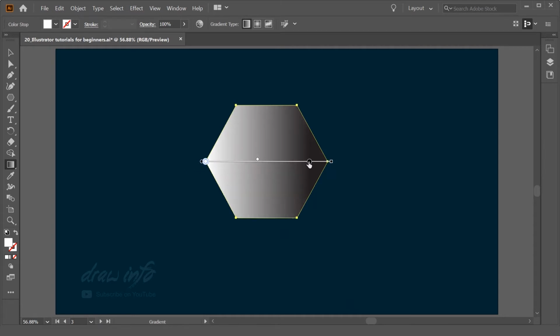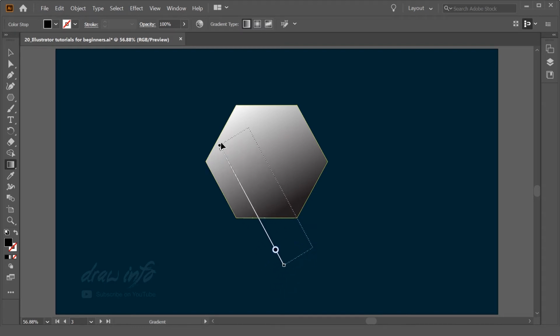The first thing: if you want to rotate this gradient, you can easily rotate it. If you see this black square over here, and you go over it, you will get this rotation activated and you can rotate this gradient as you want. See, I have rotated this gradient and it always rotates from this point. Now if you want to rotate, you can rotate again, and it directly jumps to that particular position.